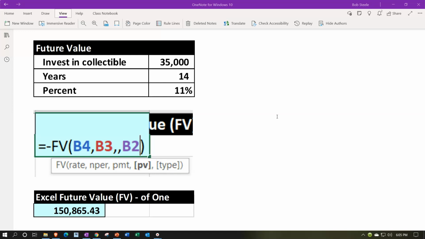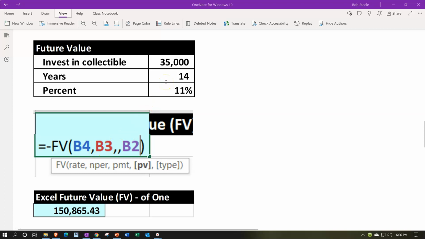It's kind of a magical way to do it, right? We're just going to put the formula in there. So the calculation would look something like this. We're going to say the future value, the rate in this area, which was B4, which would be the 11. Make sure you're picking up the correct rate in terms of the rate per period. This is in years, therefore no change needs to be made. But if we're in months, for example, you typically have to divide by 12,